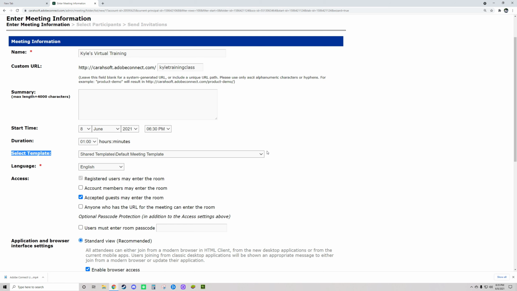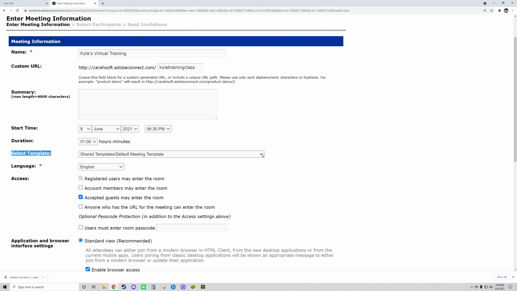Templates are probably one of the most important pieces of functionality on this screen. We're actually going to make another video to go into more depth on creating templates, but to summarize, this allows you to do the following. If you've created a room in the past and you love the way you customized it, you put a lot of time and effort into it, you loaded in a background image, your documents, your assets, and you created several different layouts that cater to the experience you want to deliver,